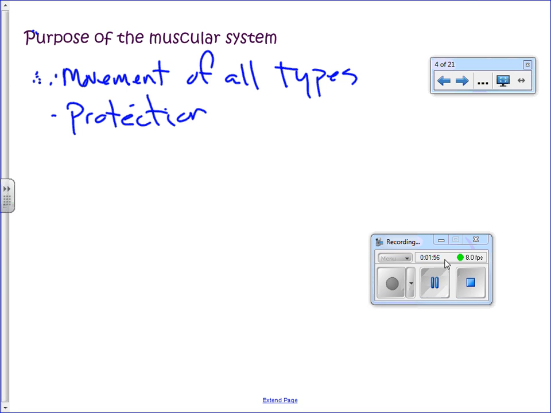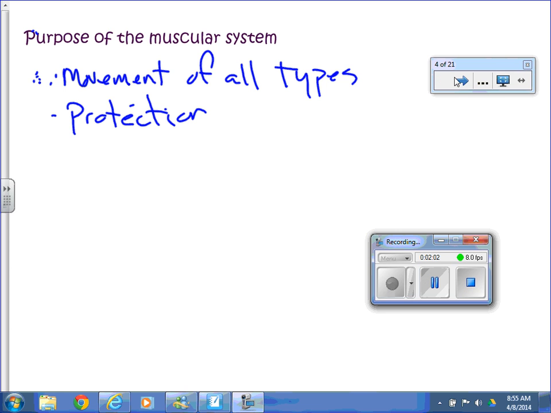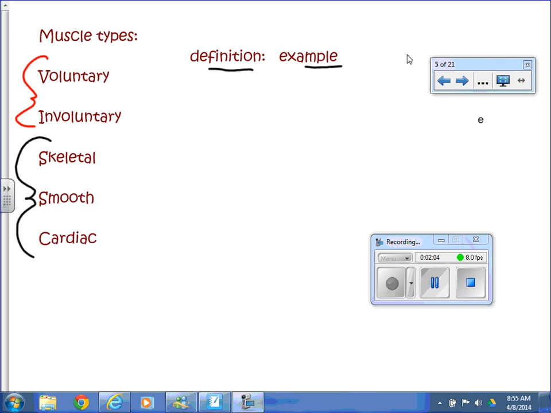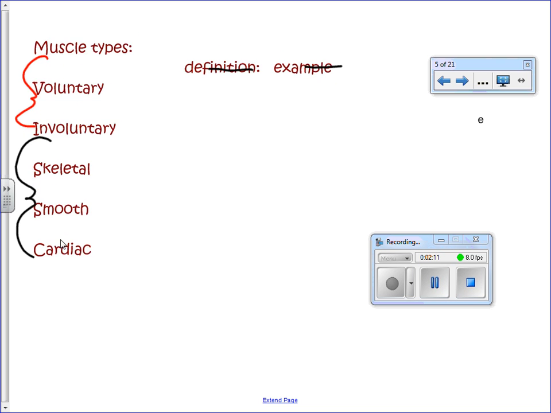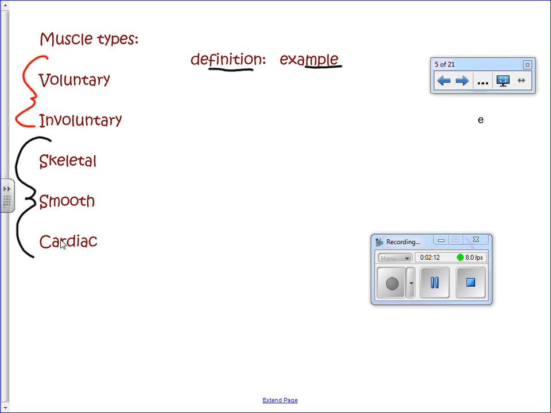So next, let's look at the three types of muscles. Let's look at voluntary and involuntary muscle. It gets a little confusing because, for instance, the textbook will say something like, what are the three types of muscle, but does it mean skeletal, smooth, and cardiac, or does it mean voluntary and involuntary? So let's do both of these. All types of muscles can be defined both ways. So let's start with this because this is on top.